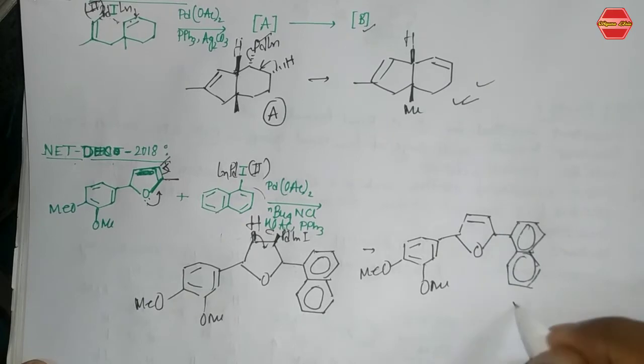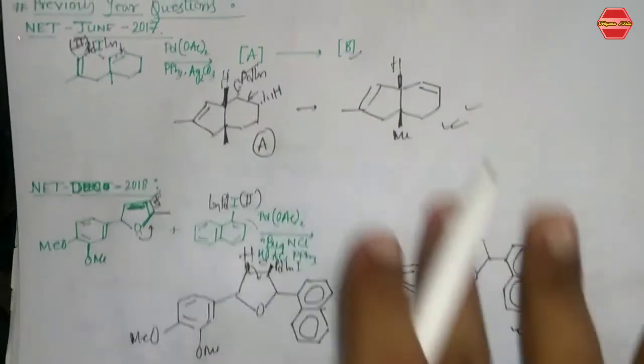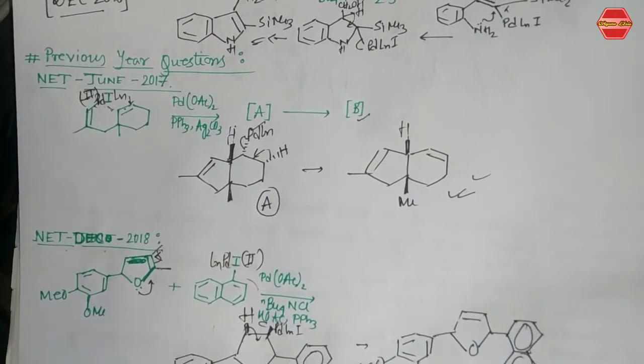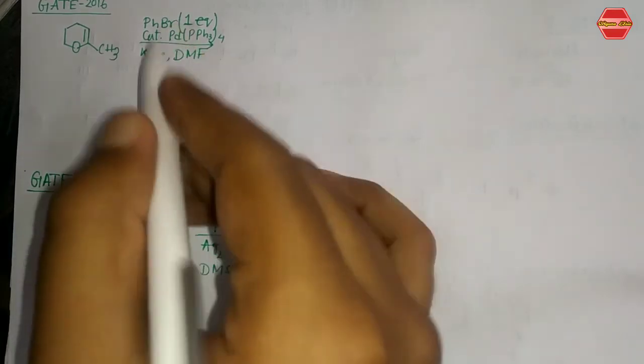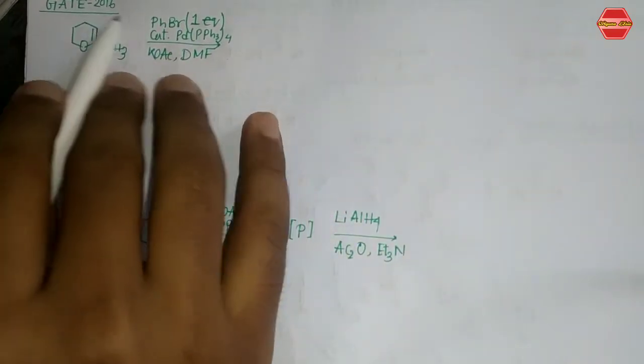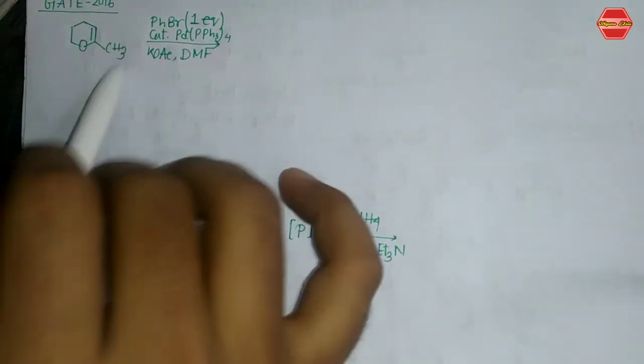So this is the final product from this section. Let's see how easy and simple the question was. The next question is GATE 2016. The question says that you have this substrate, PhBr, which is your major substrate that will combine